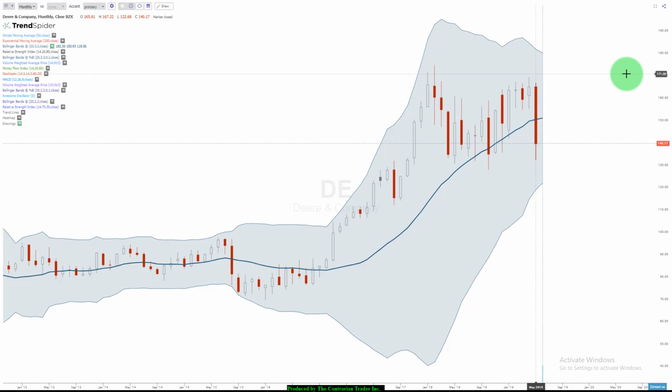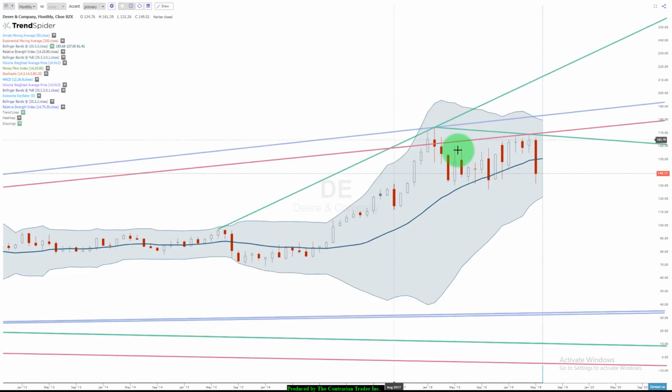And this is an opportunity, if you're long, to think about getting out and getting out quickly. Why? Let's throw some lines up here. I'm going to throw some manual lines up here, but if you don't want to do that using TrendSpider, all you need to do is click the M, and there you have your resistance levels. And you can see that we're putting in a lower high, and we are at the precipice at current of breaking down